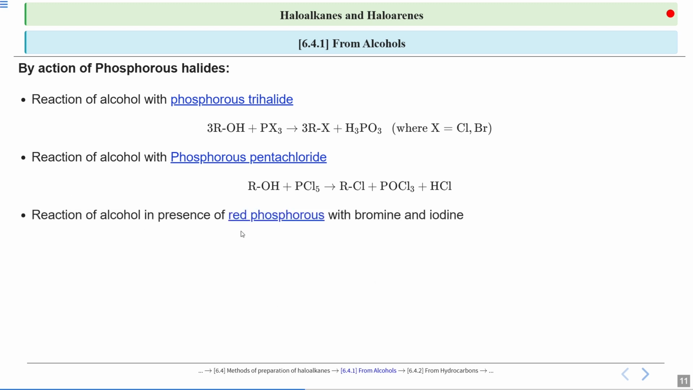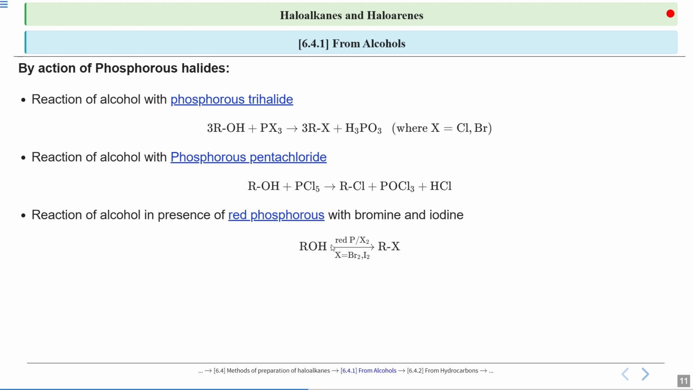Now, reaction of alcohol in the presence of red phosphorus with bromine and iodine. So how is the reaction going to happen for the alcohol in the presence of red phosphorus with bromine and iodine? If you want to get alkyl bromide or alkyl iodide, you can also do